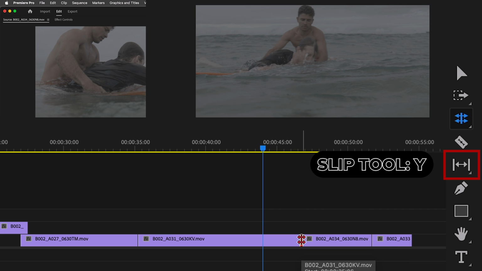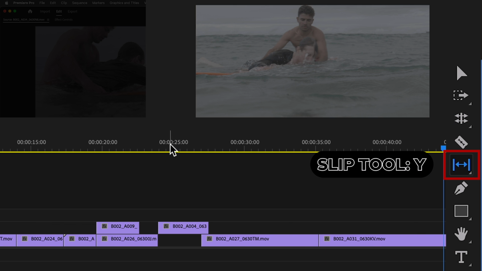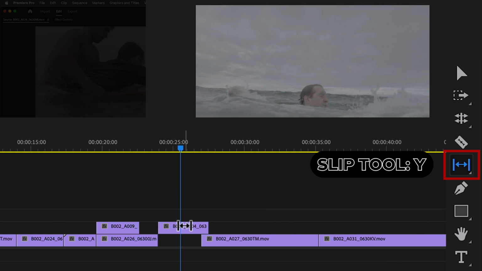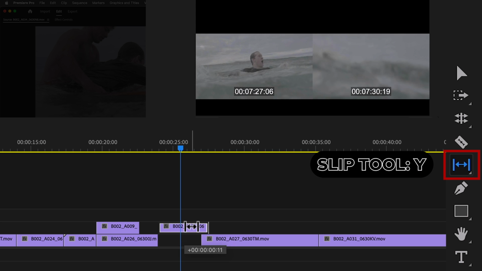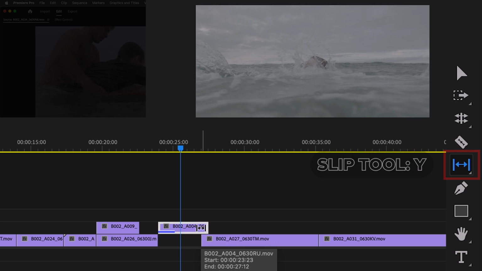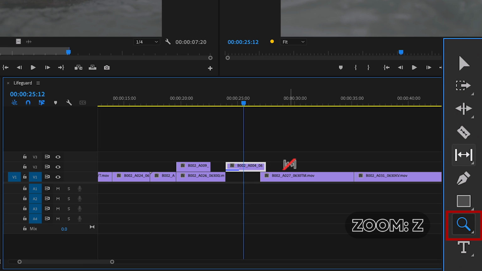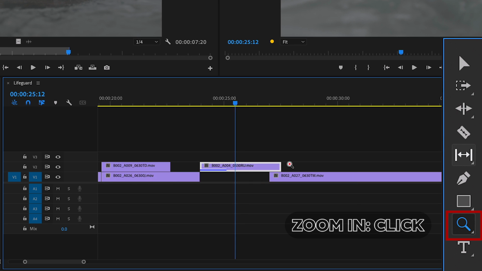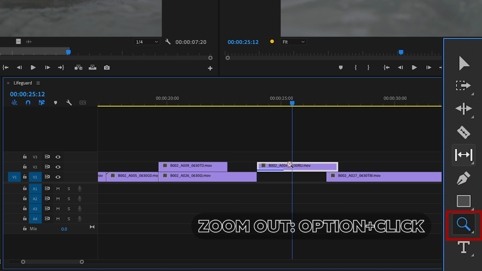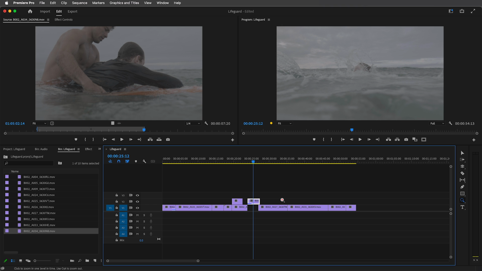And with the slip tool, or hotkey Y, if you position the cursor over the middle of a clip by clicking and dragging left or right, we can change the in and out points without changing the duration or placement of the clip in the timeline. How about that? Other helpful things worth knowing is Z for zoom. Just click to zoom in on any part of the edit, or option click to zoom out. There are a few other tools in here that you can experiment with, but the ones mentioned you can start